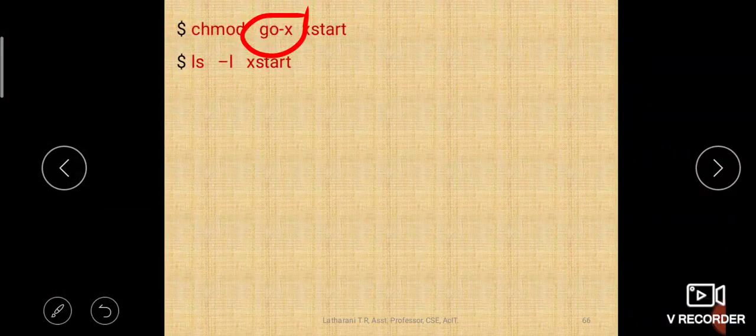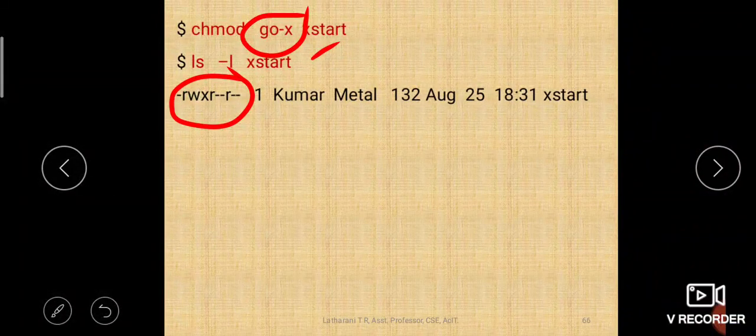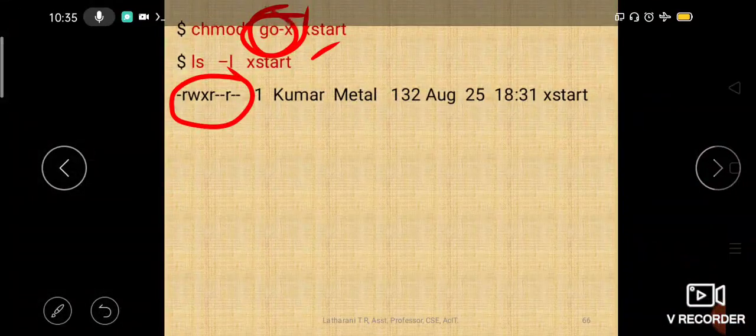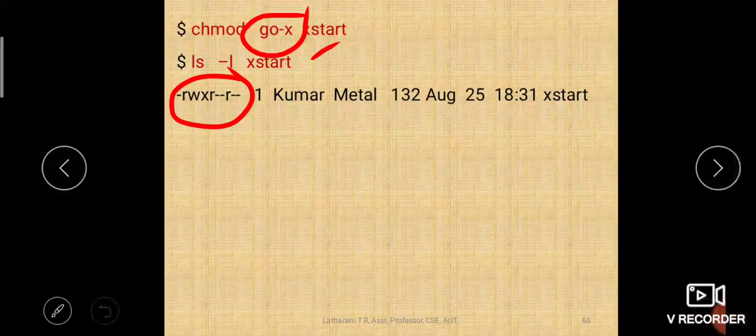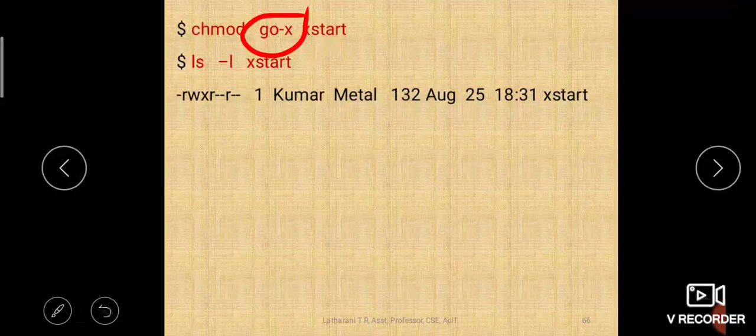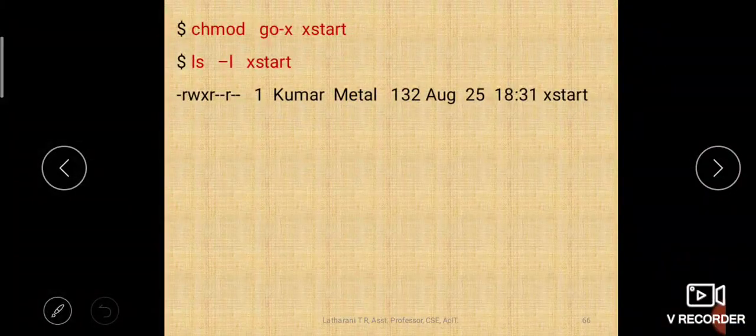It has executed successfully, and now if we say ls minus l, then it will give you all the permission attributes, and you can observe that here the group and others don't have the execution permission, because using this we have removed it. Is that clear? So that is how you can use plus or minus operators to add or remove the permissions. And you should also specify to whom you are adding, to which category of users, and what permission. That also you should specify.